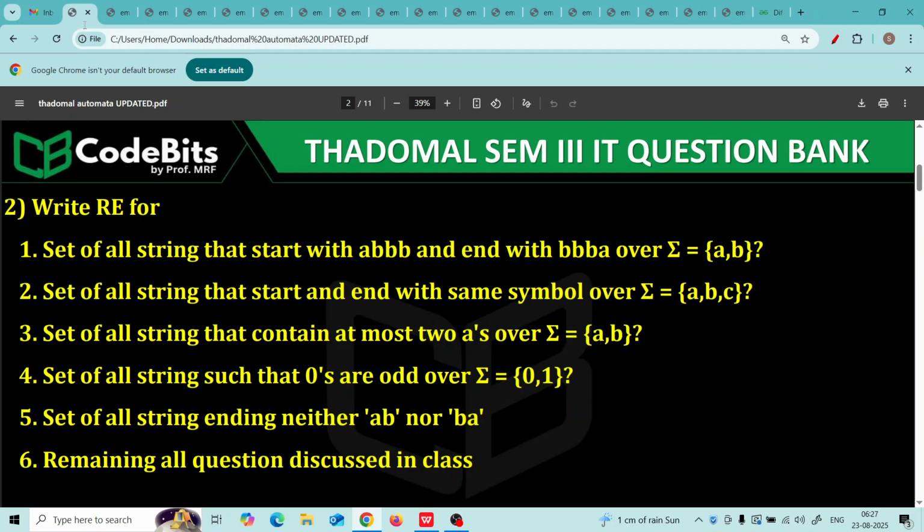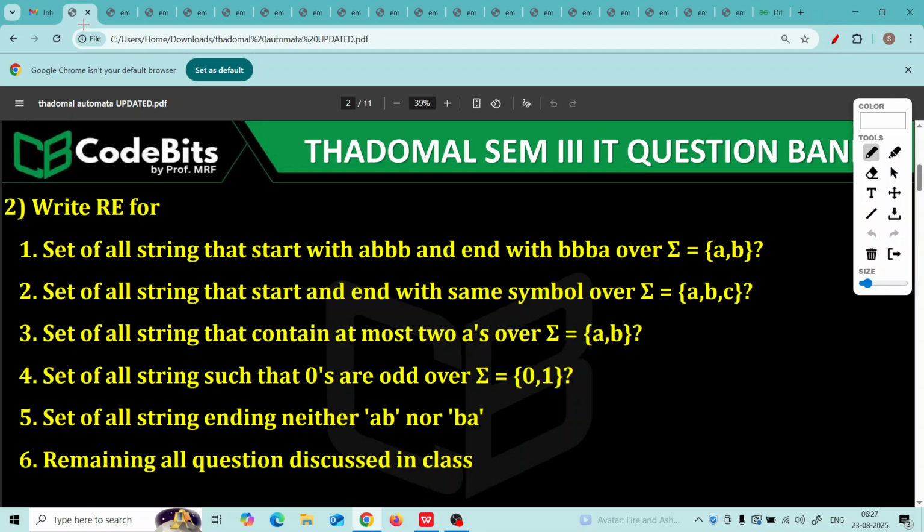Okay, let's see this question now. Set of all strings that start with A, B, B, B and end with B, B, B, A. Surely you can pause the video and tell the answer. Start with this and end with this. So the regular expression will be A, B, B, B and ends with B, B, B, A. What about in between?